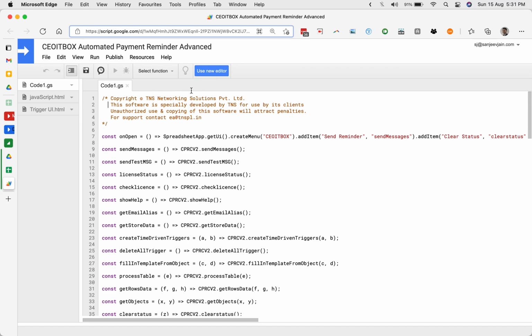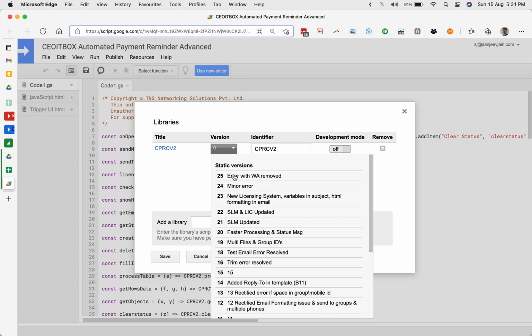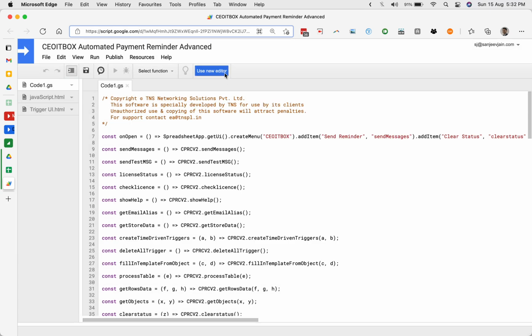If you are using the older version of the script editor, click on Resources and Libraries, and here you see the version that you have to use. So you just select the latest version. You may be having some other version, just select the latest version like this. And in case you're using the new editor,